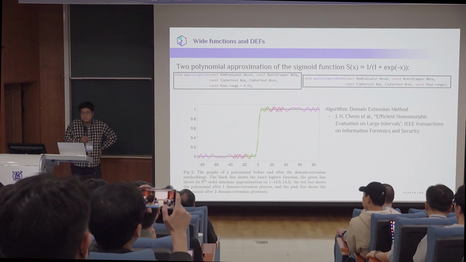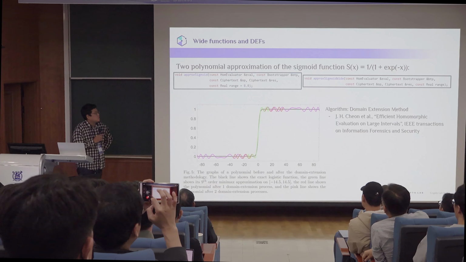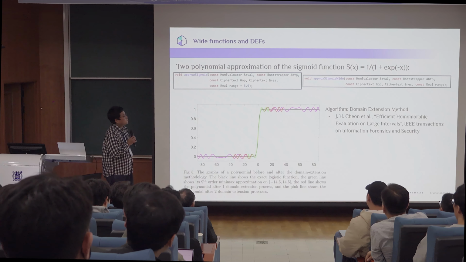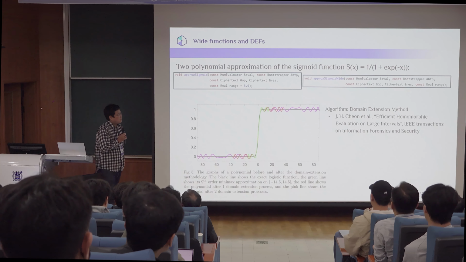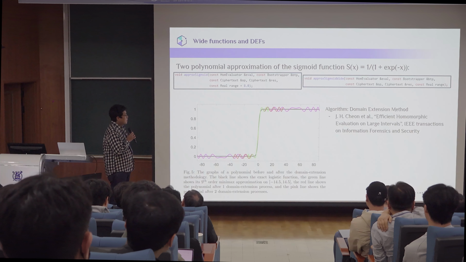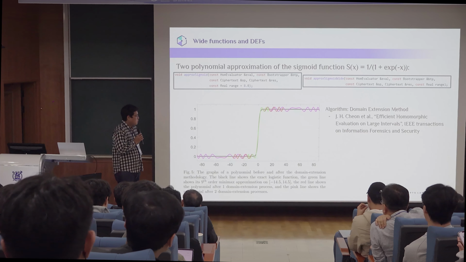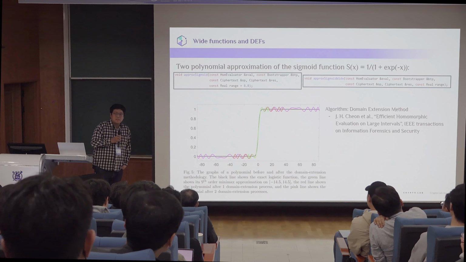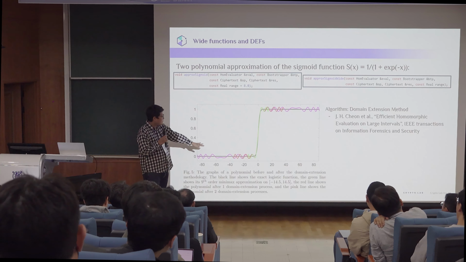And we also have other functions. An example is the sigmoid function here. The sigmoid function is, of course, not a polynomial function, and we also provide two kinds of sigmoid functions in our HEaaN.Math. The reason is this: because we are doing everything by approximation with polynomials, and polynomial approximation is usually very sensitive to its input range. So, for example, in this graph,